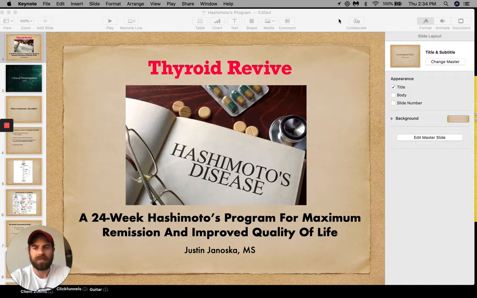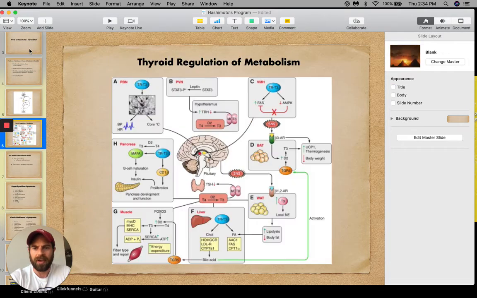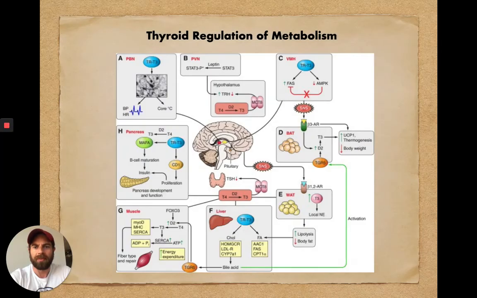I want to share with you something I talk about in the first module of our Hashimoto's program, Thyroid Revive. I'm just going to roll through the particular slide that I'm going to address here. I want to talk about this one, thyroid regulation and metabolism, because this is a really, really important